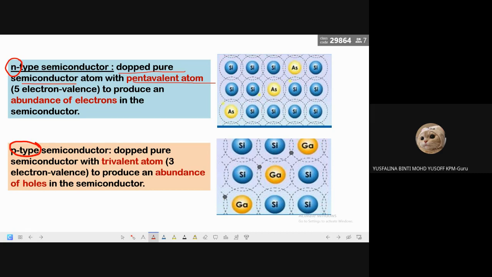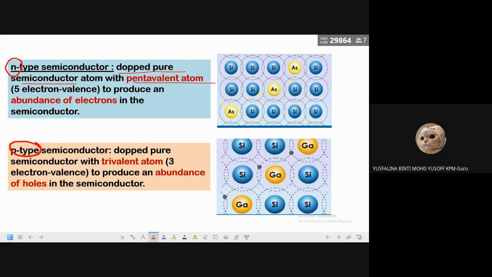So there's one place that is empty there, okay? That one will become a hole. So there are a lot of holes inside the semiconductor. This is what happens when you do doping. Doping means you add impurity material. So what type of impurities you add, the pentavalent atoms or trivalent atoms, will produce different